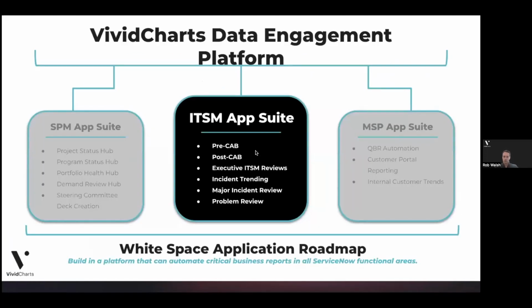Now, this was touched on in the earlier slide. VividCharts is not a platform that focuses exclusively on ITSM. However, that is where we're going to focus today. So we have suites of apps that are all focused around operational report automation across the platform, SPM, managed service